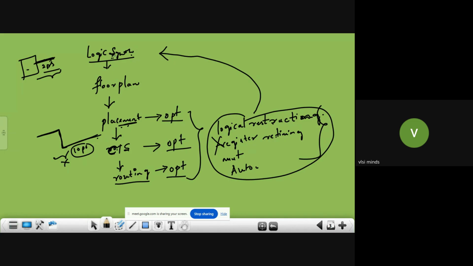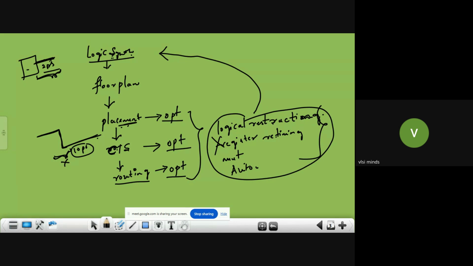So why has your synthesis tool not done all these things? Why has it not put in this much effort? Because here net delay was less. Why? Because here your tool has used a wire load model, but here net delay is more, because here your tool is calculating actual net delay. Then the correlation is lost. That is why physical aware synthesis is required.